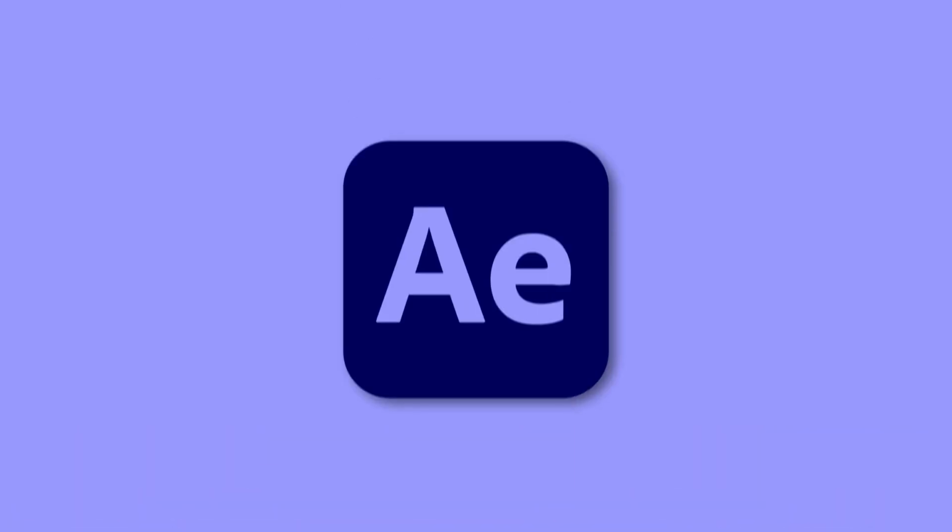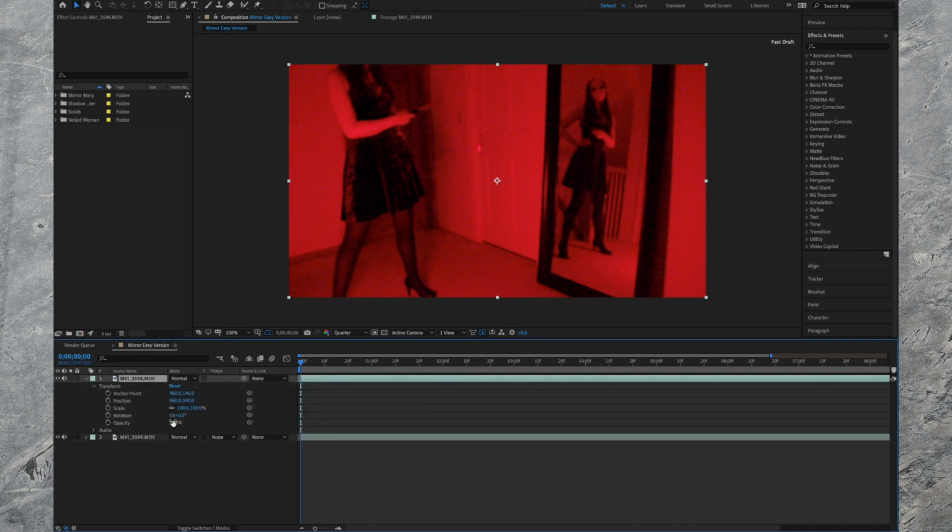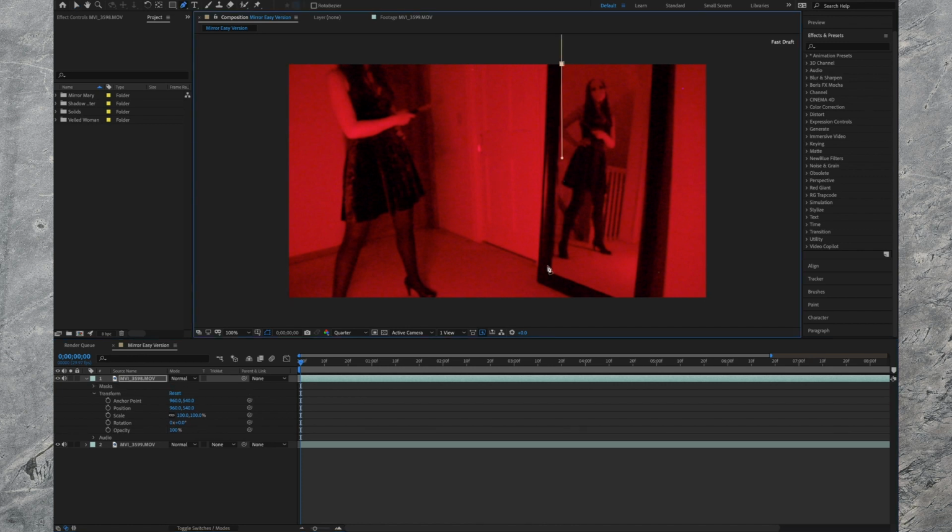Now let's bring it into After Effects. Let's layer the two shots on top of one another, putting the Mary shot on top. If I lower the opacity, you can get a sense of what'll be the final version. But first, I gotta mask out the mirror. Using the pen tool, I create a mask so that the only part of the Mary clip you can see